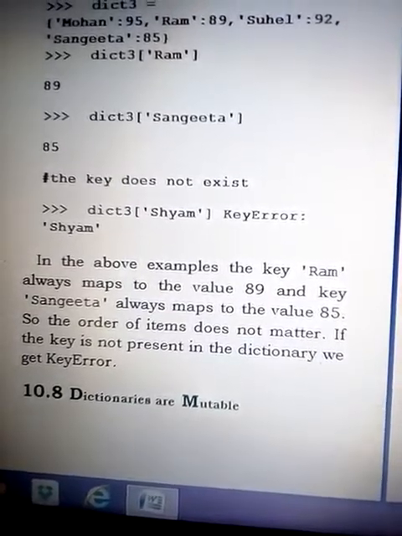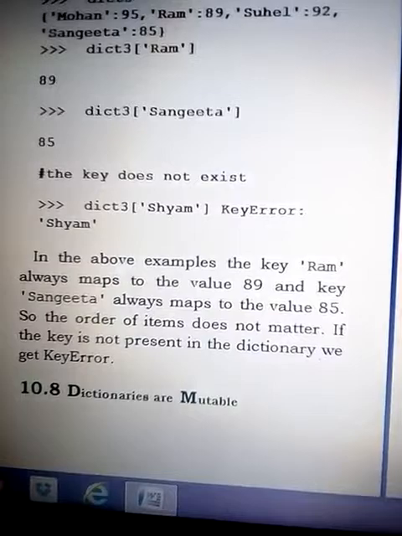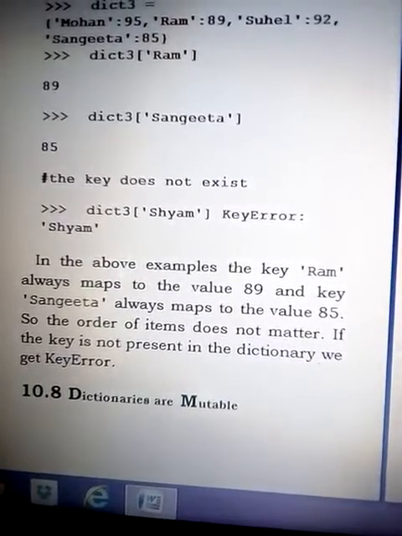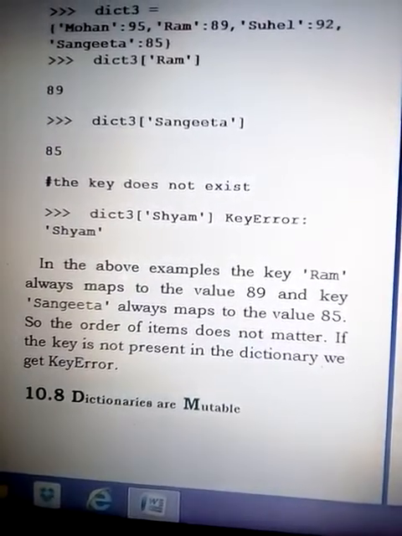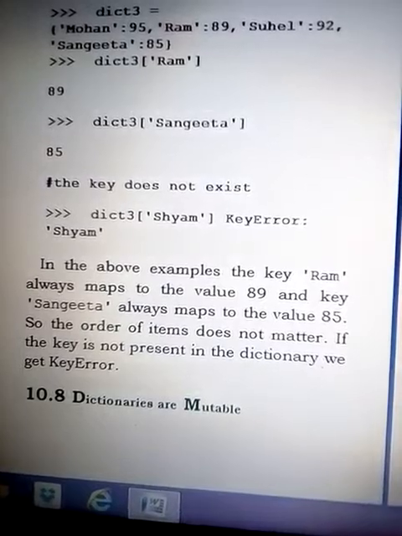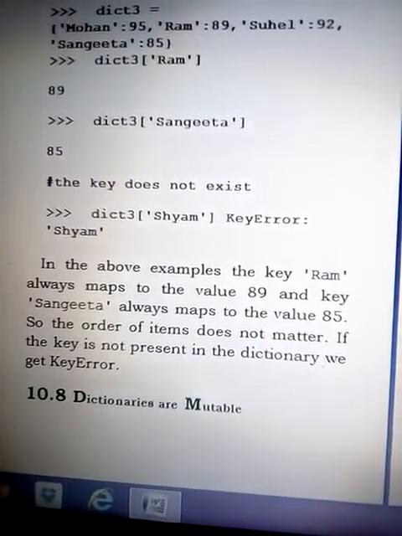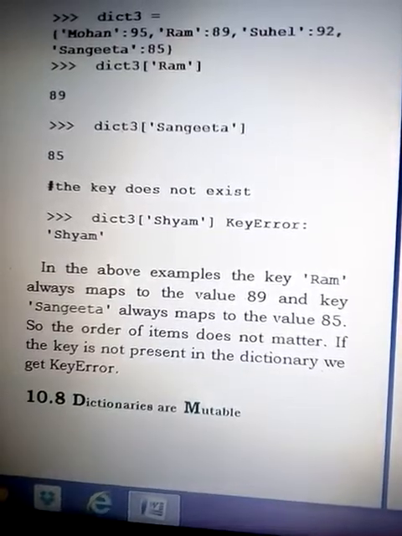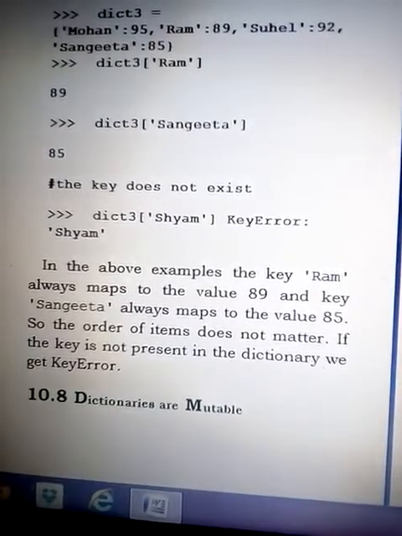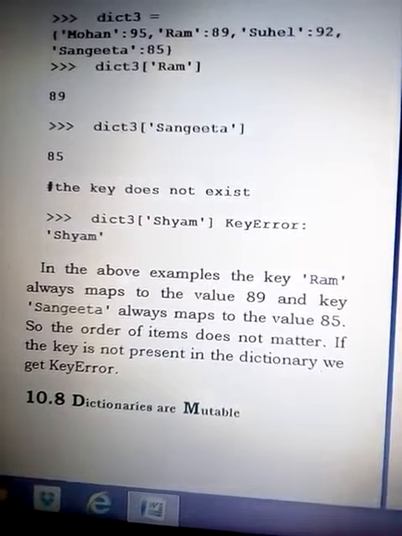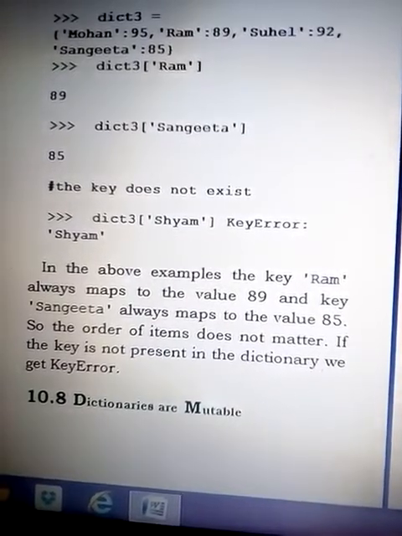The next property is that a dictionary is mutable. Here we were discussing it. Dictionaries are mutable. That means the contents of a dictionary can be changed after it has been created, but we can't change the key itself because keys are immutable.